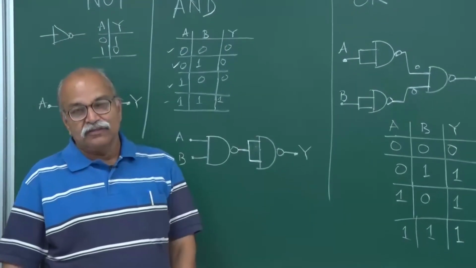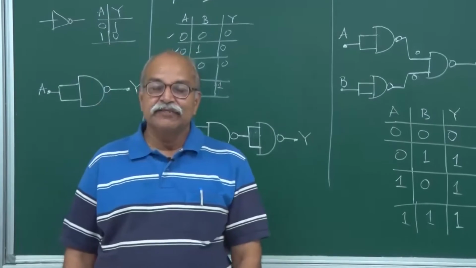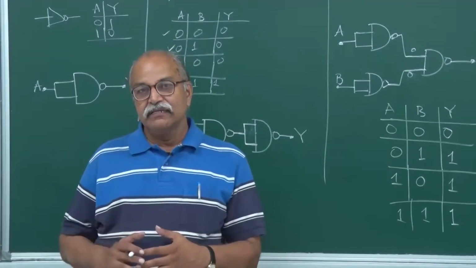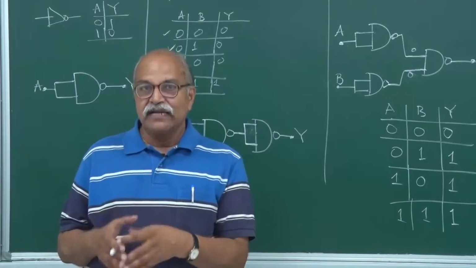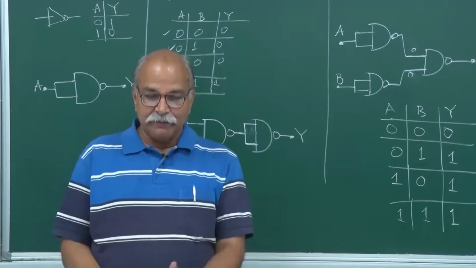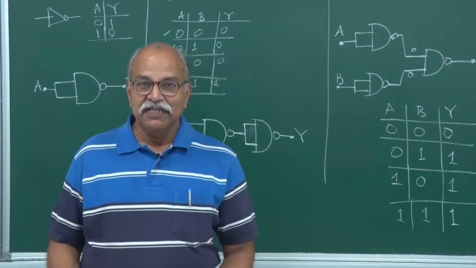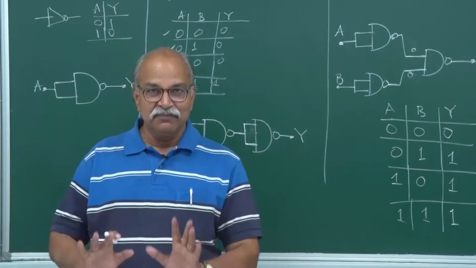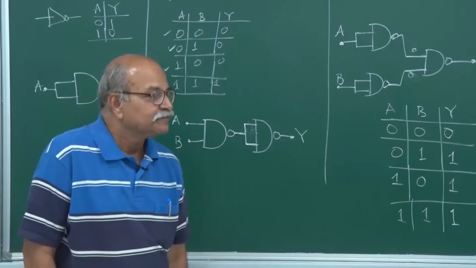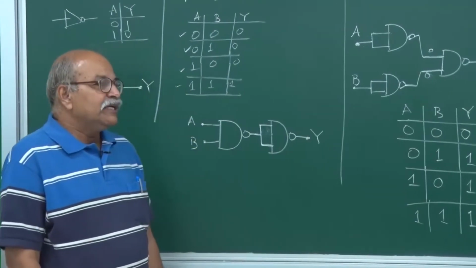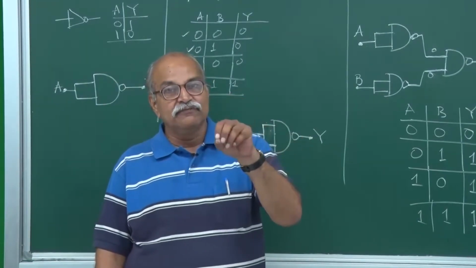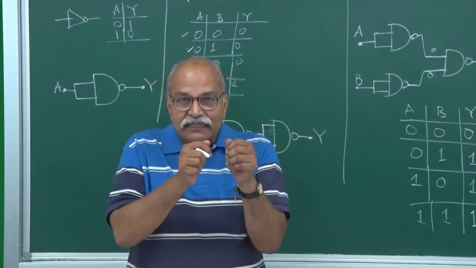And these two are called universal gates because any kind of digital circuit can be made only through NAND gates or only through NOR gates. So, if you have a packet with many NAND gates, then you have enough material to make any digital circuit. So, today I will be trying to tell you the circuit which can be used for adding binary